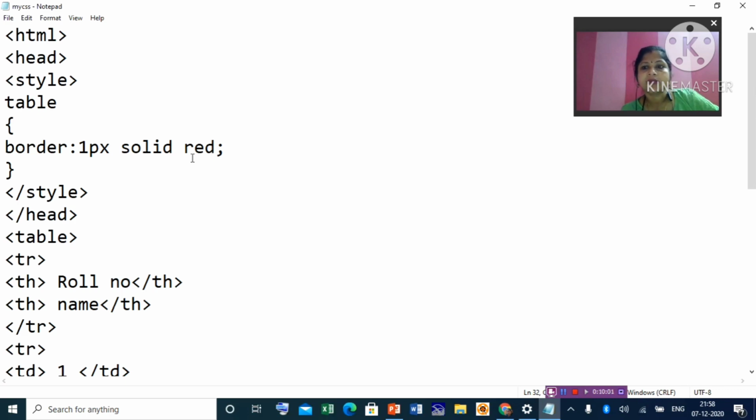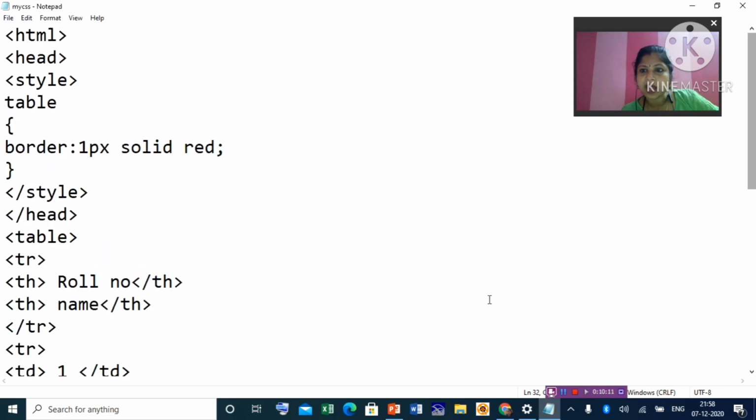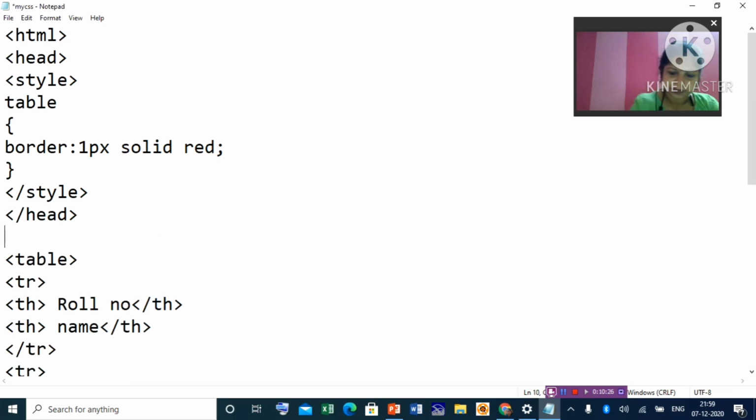That means whenever I make a table, and here you see there is no border I have defined here, and for the second table also no border defined. That means however many tables are defined in this web page, all the borders of the tables will be like this. That's why we are using CSS. All the formatting features will be kept in the style tag. Clear? If you want, you can keep a body here, no problem.